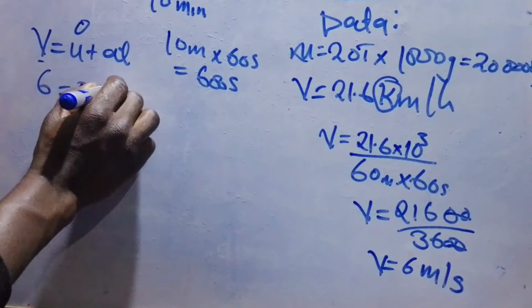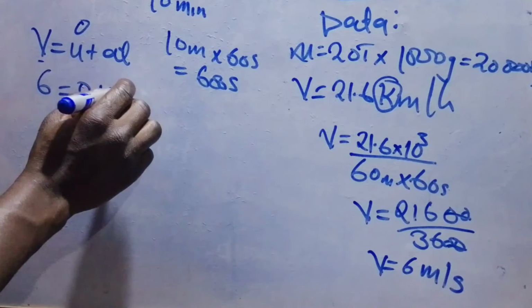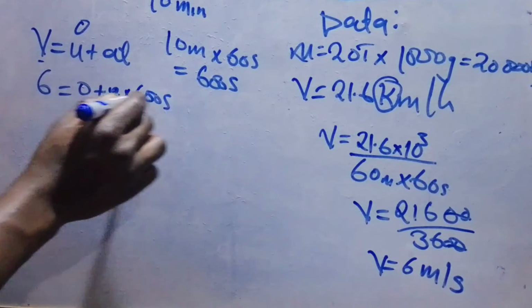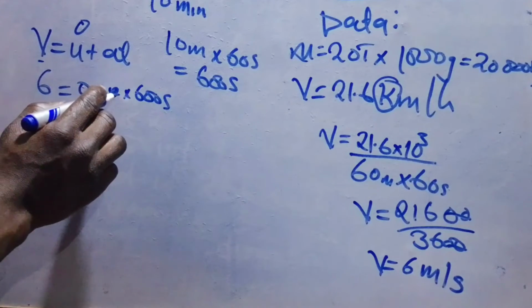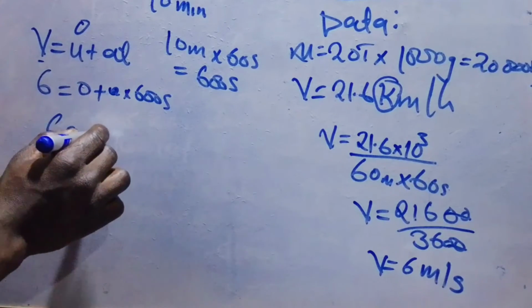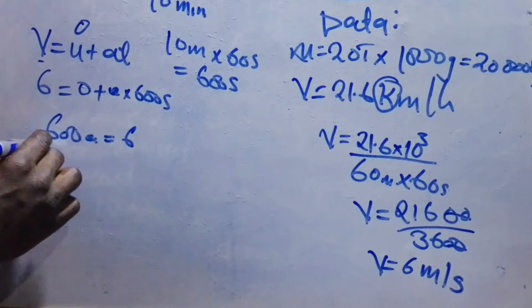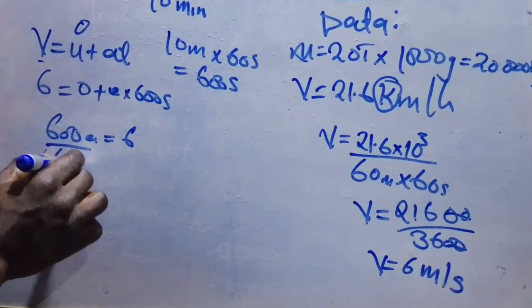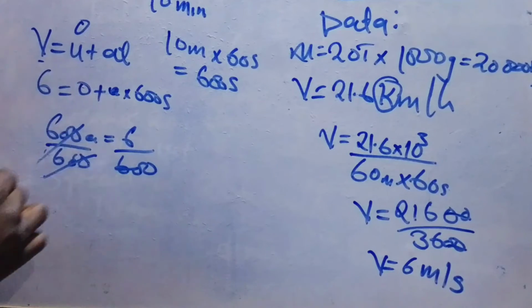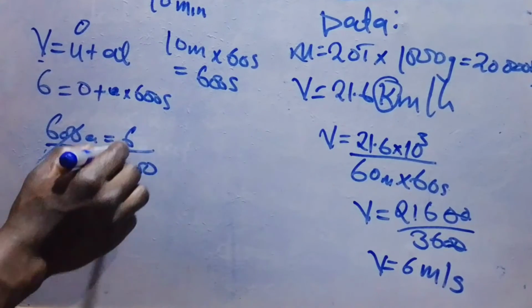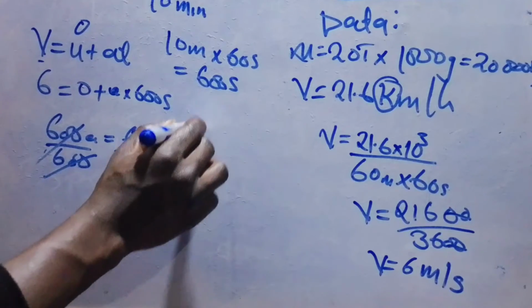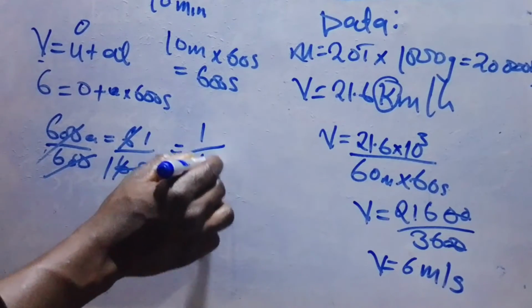So acceleration, that's what we are looking for, say a, times 600 seconds, in which you're going to have a times 600, which will be equal to 6, then divide throughout by 600, in which 6 here 1, 6 here 1, so you're going to remain with 1 over 100